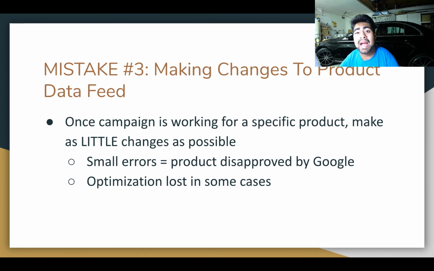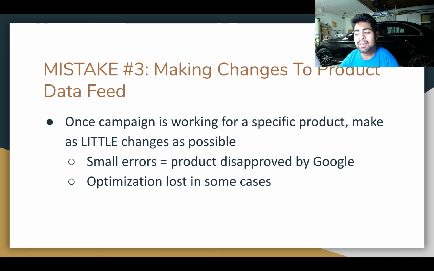So in this case, my entire optimization for that winning campaign was lost. And as you guys know already, Google is a time-based advertising platform. It takes time for it to really start giving good return on ad spend. And because of my one single small mistake and my one small change, my entire optimized campaign was de-optimized, and I had to wait 2 weeks and go into losses just to get that back on track.